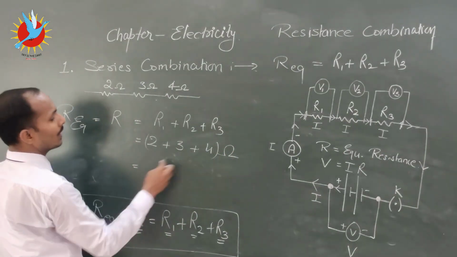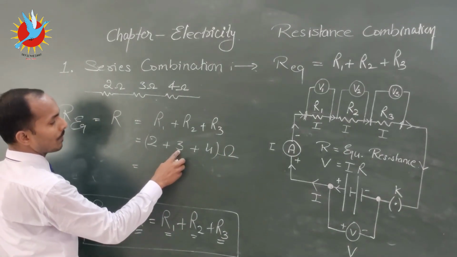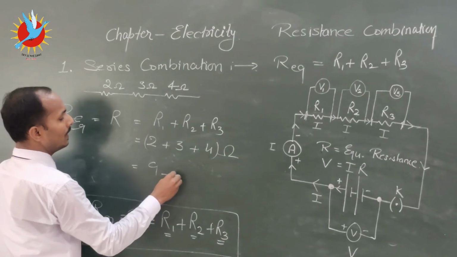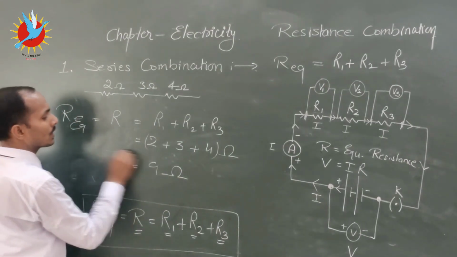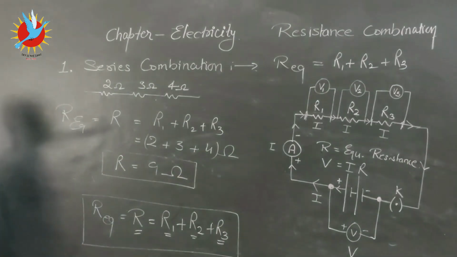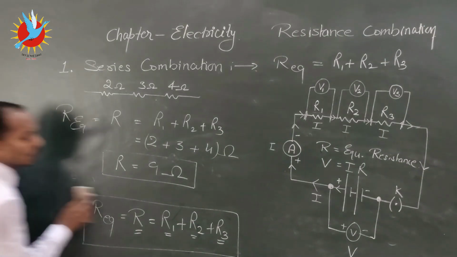Okay, so your total resistance is 2 plus 3 is 5, 5 plus 4 is 9 ohm. So the equivalent resistance is 9 ohm. What does it mean? It means you